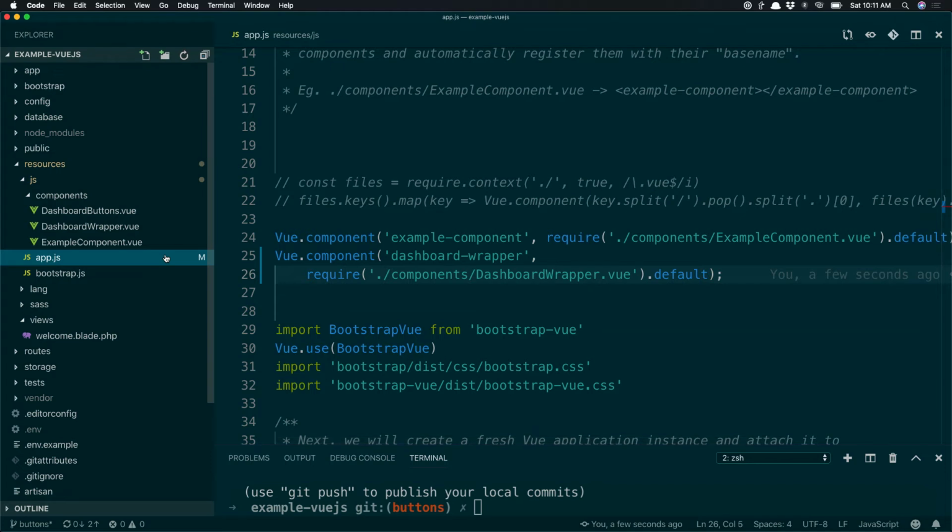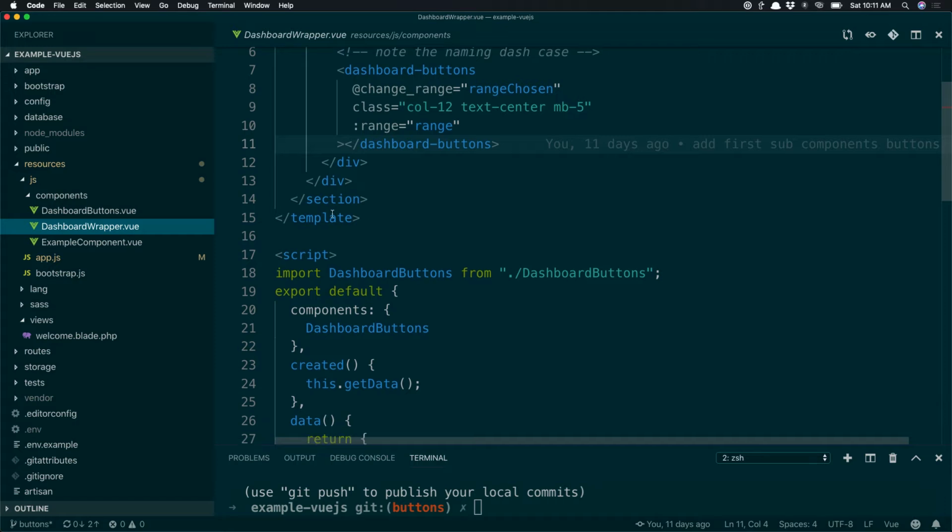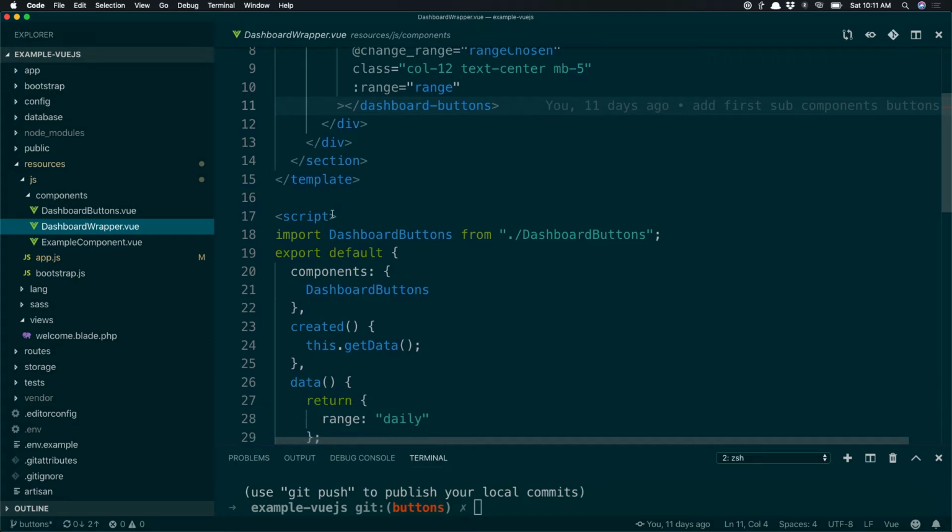And if you look in that original file that I called my wrapper component, I'm not loading this button thing here because if I load every single component in here, then what happens? I'm loading every component on every page that doesn't need it. So I put my one wrapper in here, and then I take a moment to register the other components with the wrapper component. So I say, okay, wrapper component, when you load, then go load this other thing for me. Go register it, and then use it.